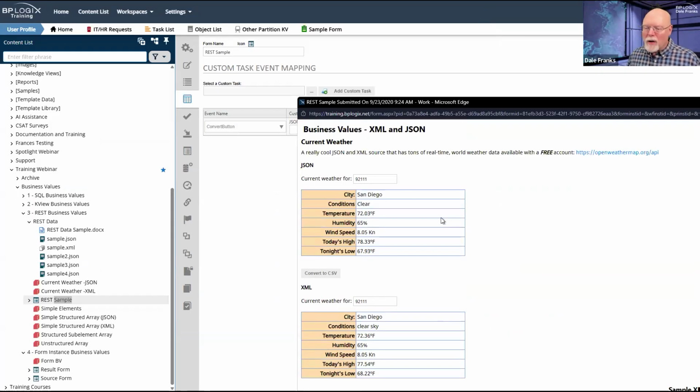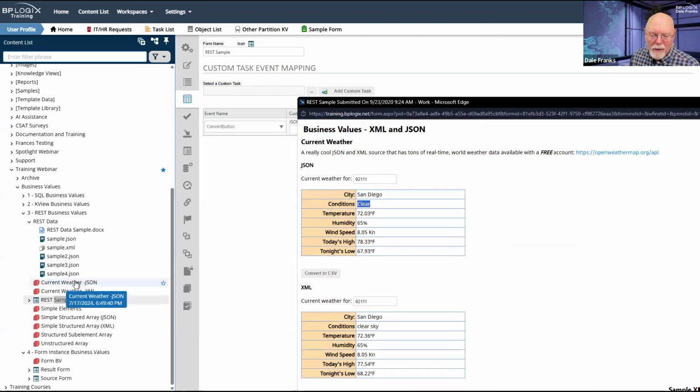As we saw earlier, all I have to do is put in a valid zip code, and it is going to return the data for me from each of those 2 services. I think I got this wrong. I think what I wanted was description on this one, because Clear actually has a description of clear sky.